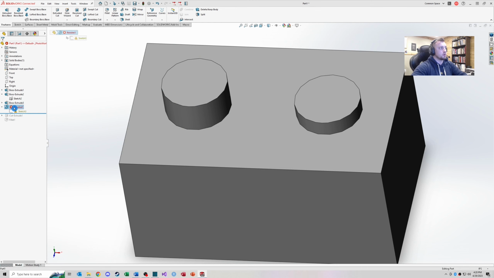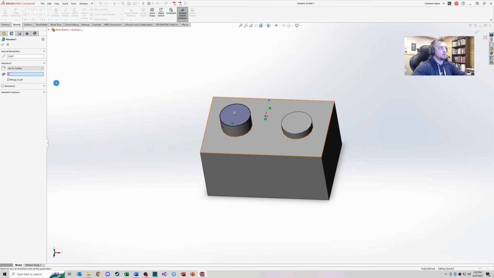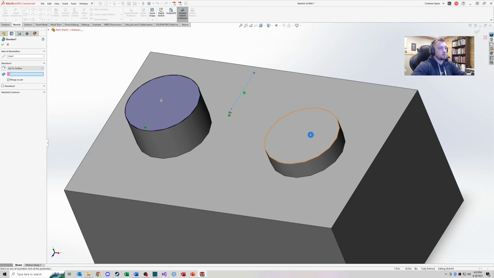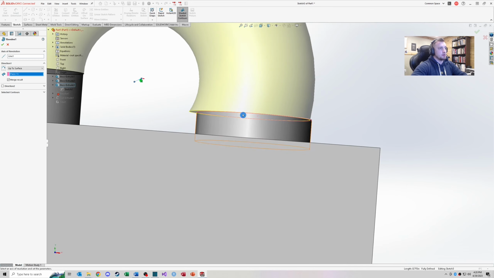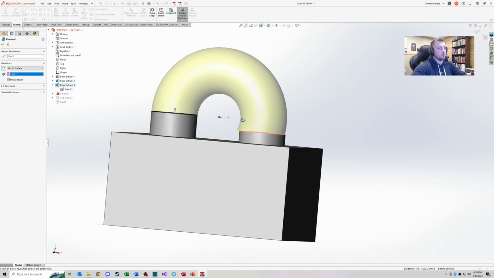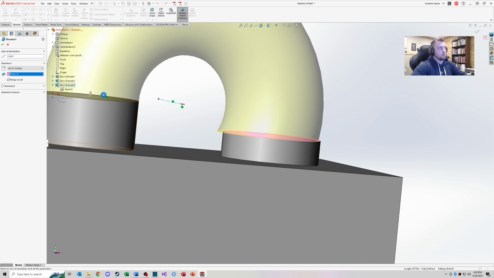My revolve is still broken, very likely because now my surface is no longer the same surface feature. I created a different feature in my model tree here. Before, that was a face that lived within Boss Extrude 2, and now it's Boss Extrude 3. So if I wanted to, I could repair that by clicking that way. Not a great revolve. That's probably not the way to do it. This would probably have to be a sweep at this point to do this right, but let's go ahead and